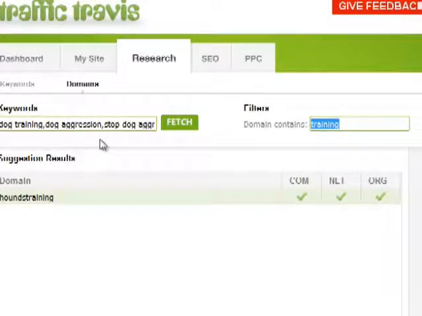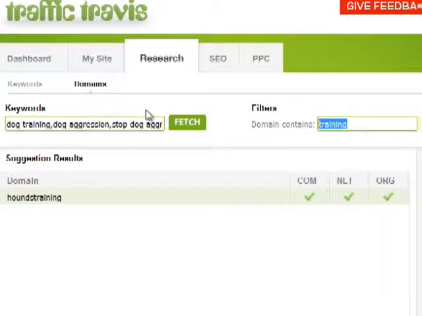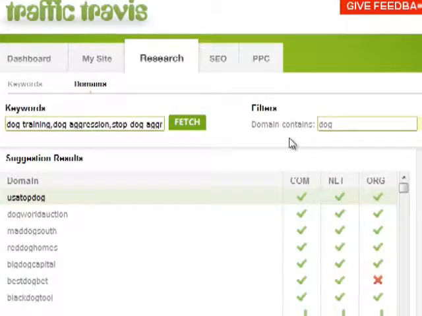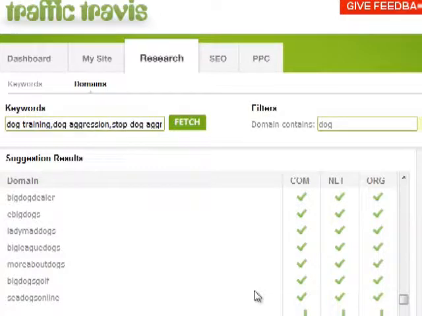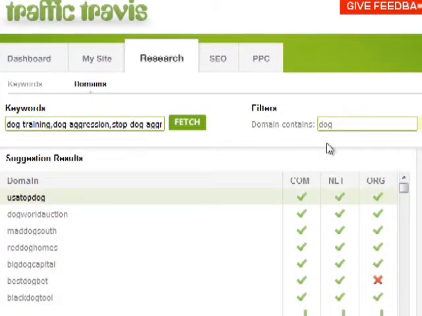Obviously you want to enter more keywords if you want more results when you're running your filters. Domain names like dogtraining.com are probably taken, and hence there are fewer suggestions for this particular phrase. If I type dog, obviously a lot of options come up here, like moreaboutdogs.com, things like that. It can be very, very helpful for coming up with a domain name for